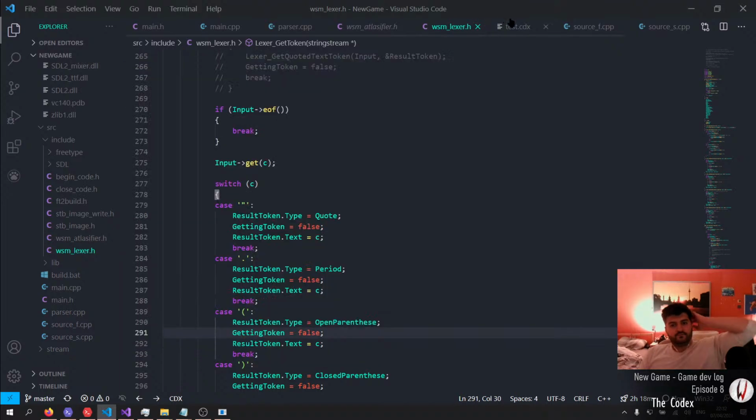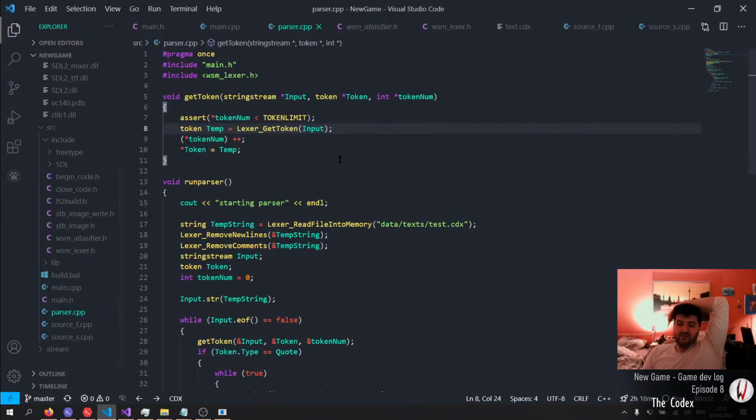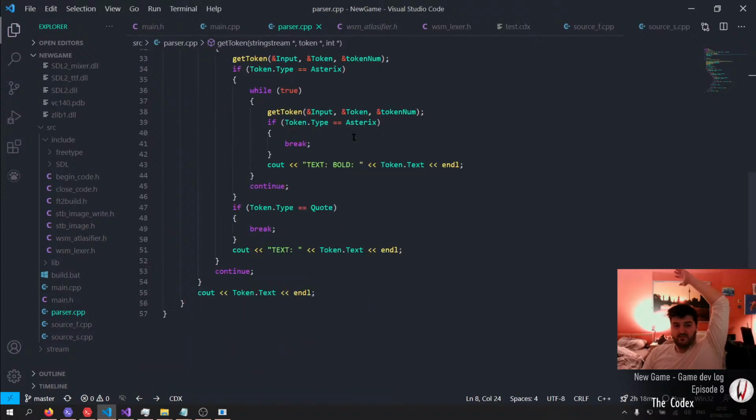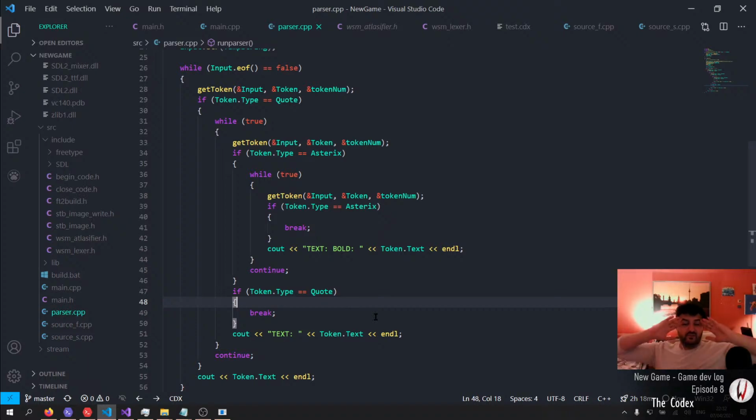Okay. I think it works fine now. Not sure, but I don't know if it's airtight though. It might break later, but